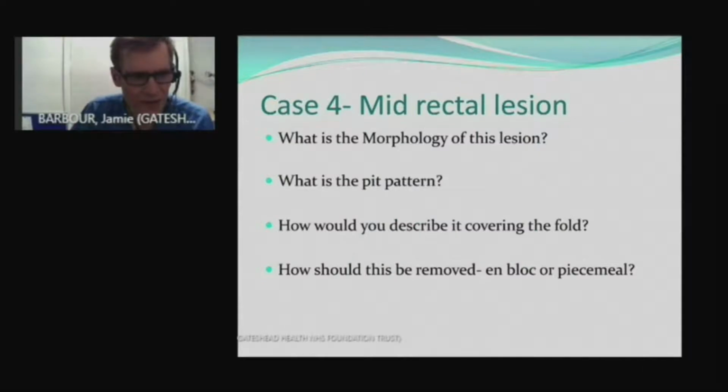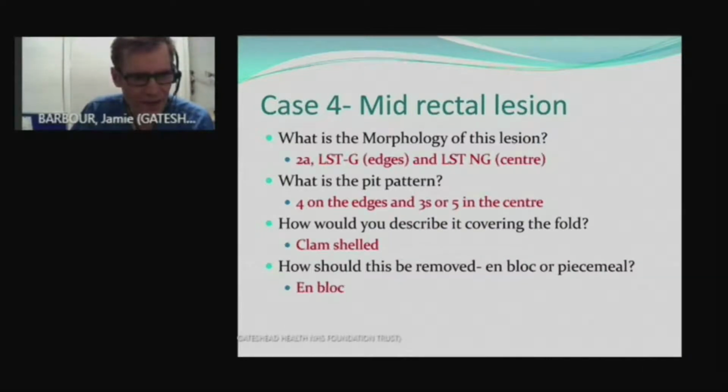So I would say that it's an LST-G on the edges and an LST-NG because it's quite smooth in the center. And I think that the pit pattern is on the edges about 4, but it might be 5 or 3S in the center. I describe it as clamshelled, and I would recommend that you remove it en bloc because of the cancer risk